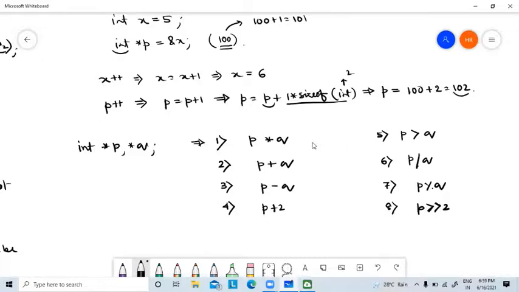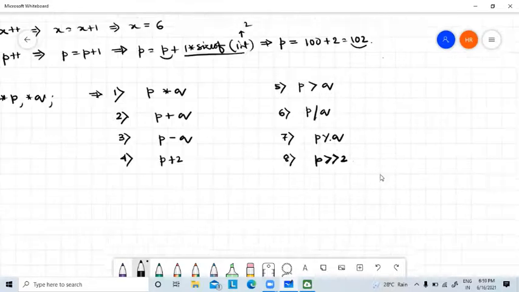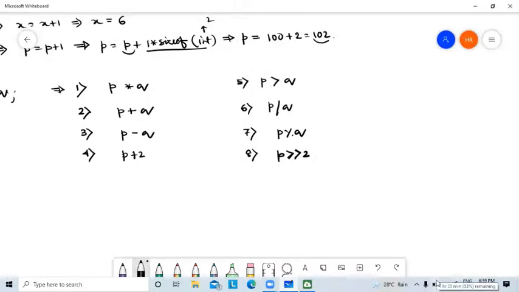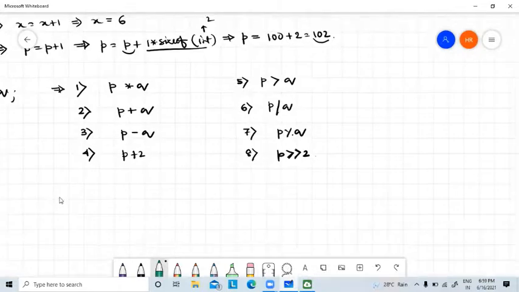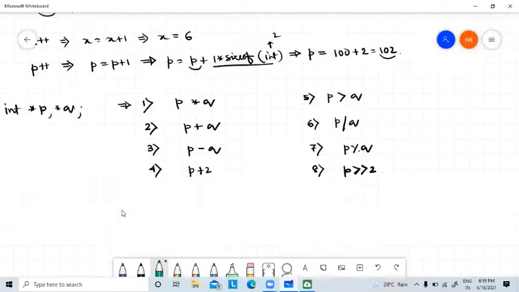If I write this type of statement, and I ask which are valid and which are not, what should be your answer? Now remember, these two are pointer variables. It means inside the pointer variables there are addresses of two other variables.